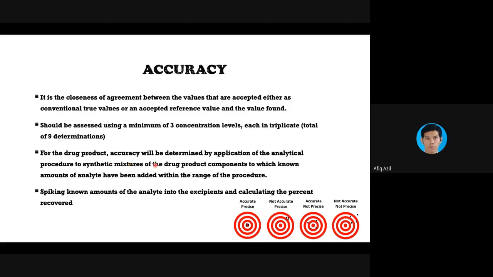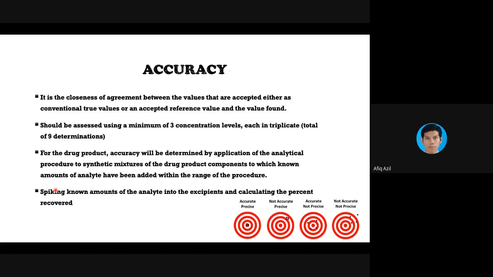So for drug product, accuracy will be determined by application of the analytical procedure to synthetic mixtures in which known amounts of analyte have been added within the range of the procedure. Another thing is you will have to spike a known amount of analyte into the excipients and calculate the percent recovered. Spiking means you add more to the formulation that you already have.